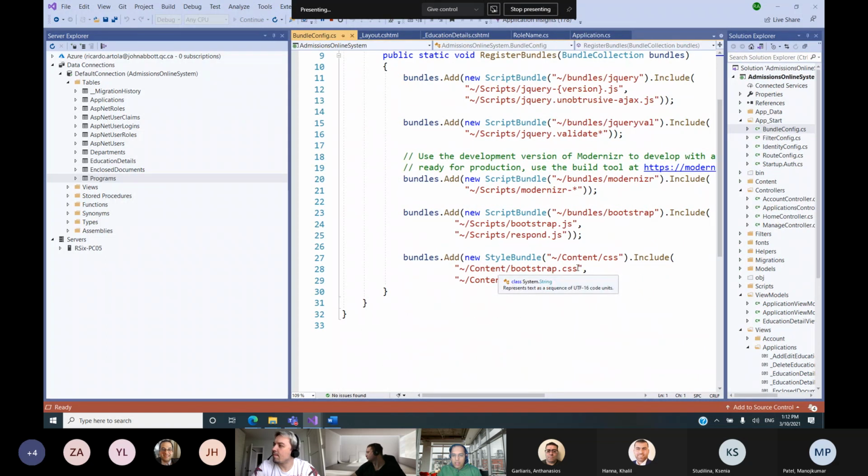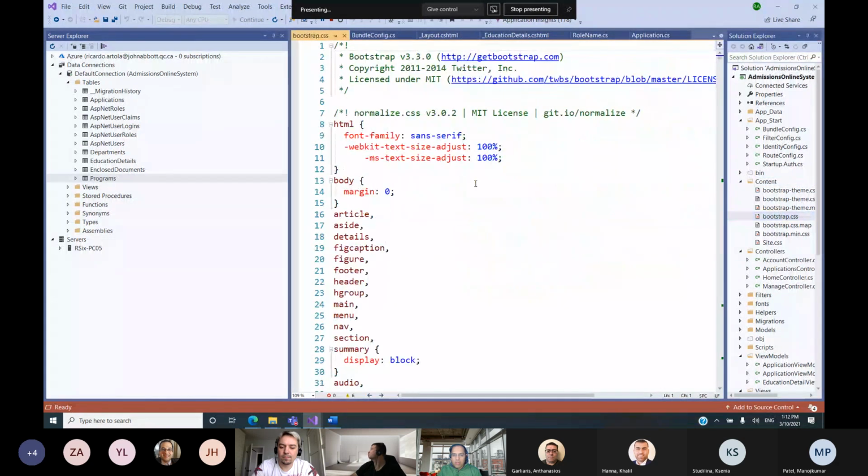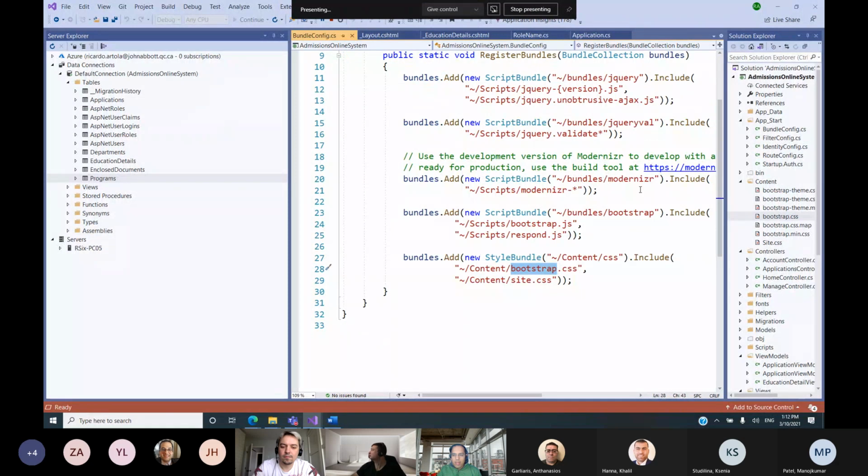you see Content, bootstrap CSS. Yes. So in here by default the Bootstrap, as you mentioned, is version 3.3. But if you want to update it, you can update Bootstrap. But in the bundle I saw that it also comes with a site.css. Yes. So changing Bootstrap, I don't know if it will affect it. I will have to try. So just changing the Bootstrap version here. Yes, if you just change, let's say, Bootstrap